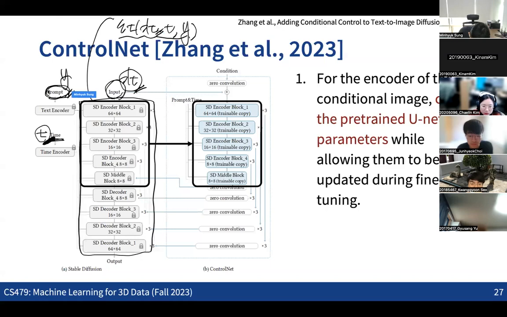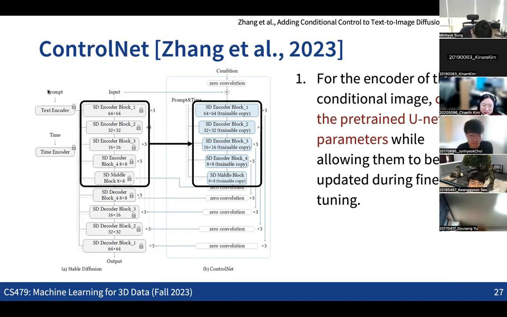And then it predicts epsilon t, the noise. Based on that, we can predict the x_0, and then we can sample x_{t-1} based on this information, right? Clear? So that's what we are doing. From this architecture, as you can see, this is the UNet architecture, which is taking the noisy image x_t. So we have some image encoder, which is now encoding the x_t information.